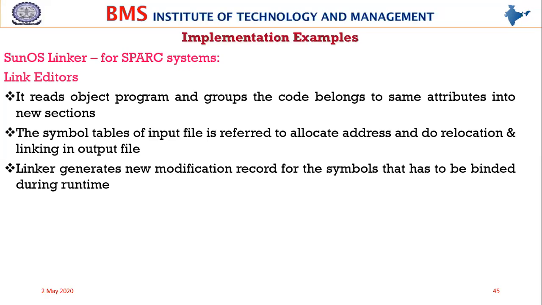So those symbols which are available will have an entry in the external symbol table or global symbol table, and those that are not, which either belong to libraries which need to be linked dynamically, or belong to the shared executables which are supposed to be linked dynamically, are entered into a separate symbol table and they are bound together with your source code during the time of execution. So that means dynamic linking is happening.